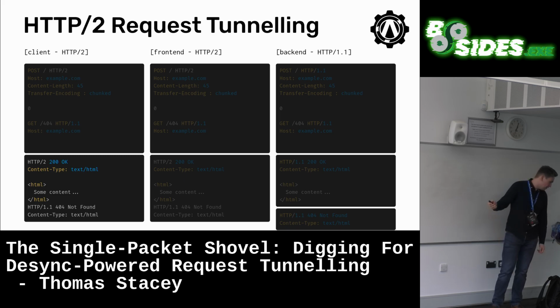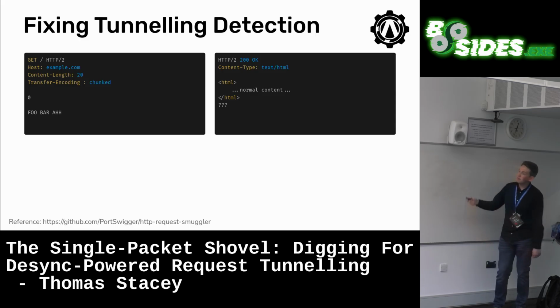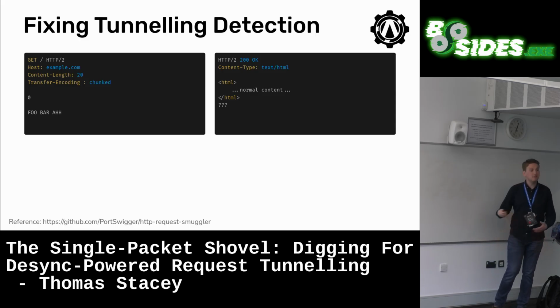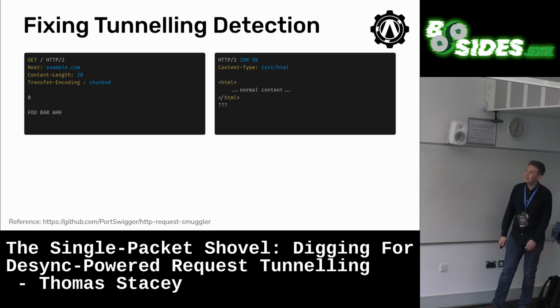So, now that we know what request tunneling actually is, there's a really great tool for detecting it called HTTP Request Smuggler. This has been invented by Paul Swigger. It's really, really good. And it was where I found these kind of strange pings that I thought initially, for months, sadly, were false positives. It actually has built-in detection for request tunneling. And because I'm just that lazy and I don't want to manually check for request tunneling every time I test,